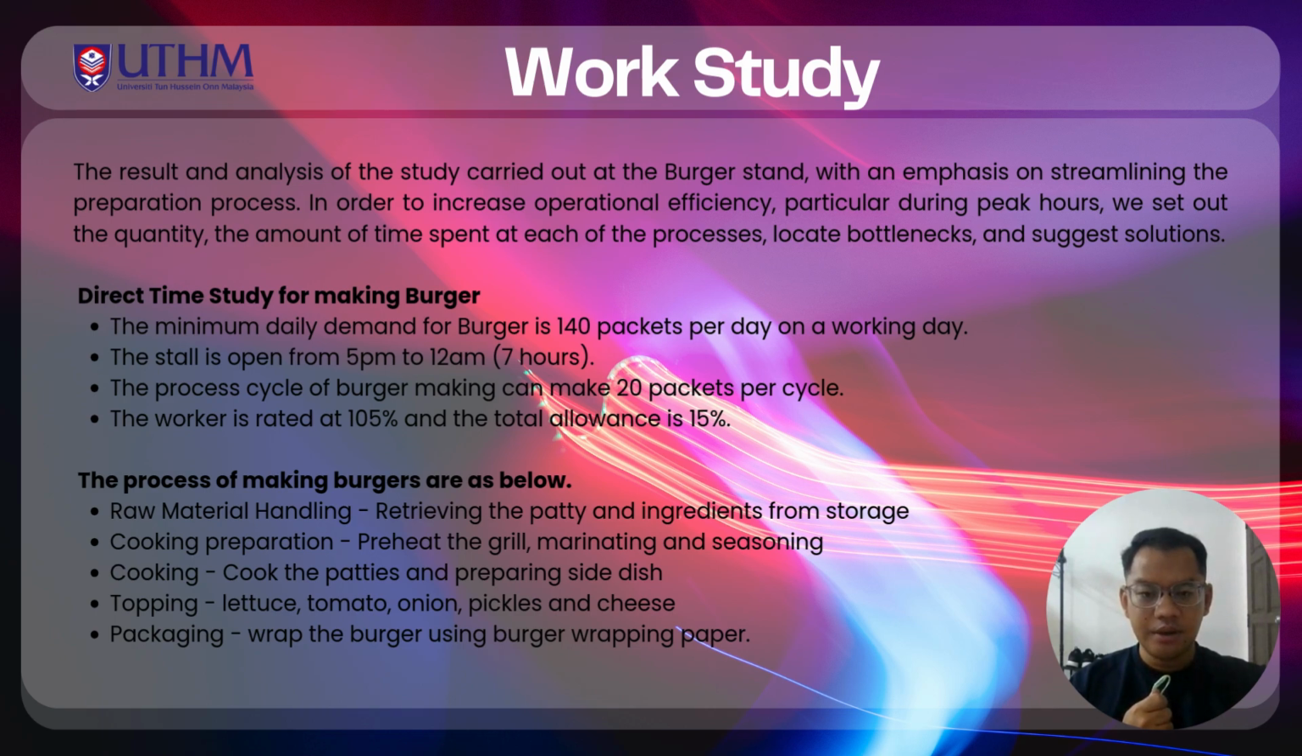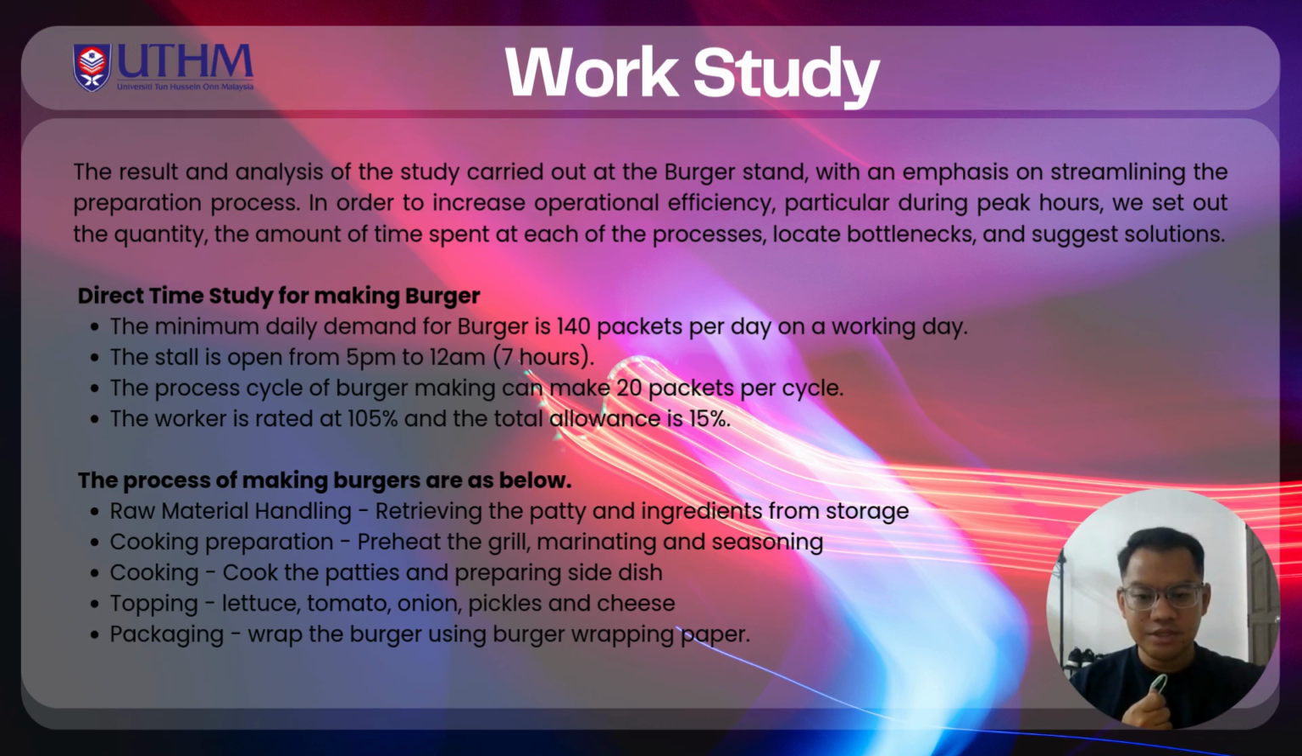per day on working days. And then the stall is open from around 5 p.m. to 12 a.m., which is 7 hours. The process cycle of the burger making can make around 20 packages per cycle. The worker is rated at 105% and the total allowance is 15%. The process of making burger is